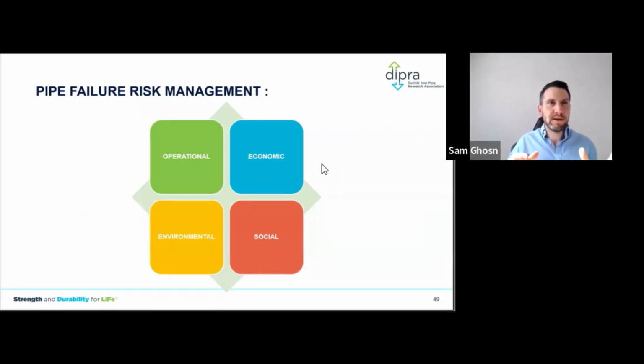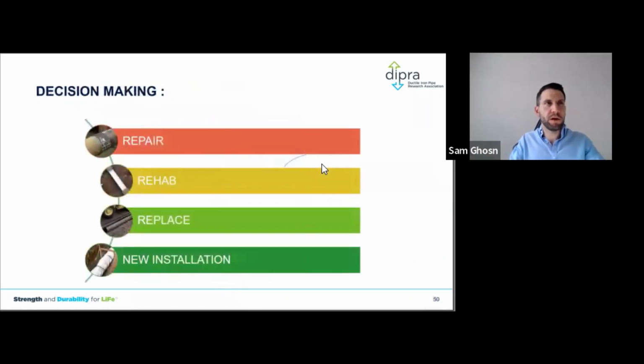So water loss and water loss prevention is actually one of the biggest topics today from an environmental standpoint. All of that leads to better condition assessment, evaluation of those mains, and life extension tools that we could use to eliminate leaks, reduce their amount, and provide better quality water for our municipal clients.